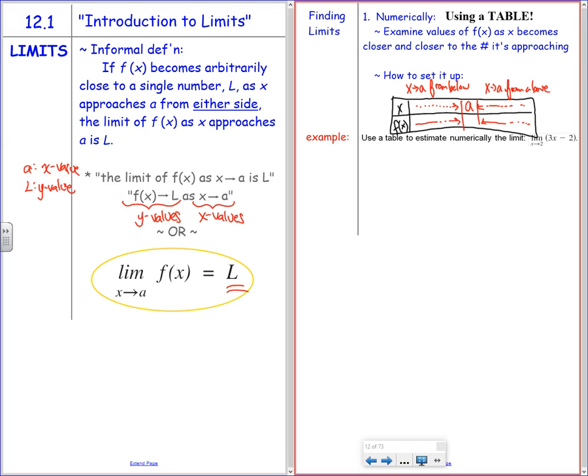If they're in agreement, good, there's an answer. If they're not in agreement, it doesn't exist. If you guys want to think about it this way,